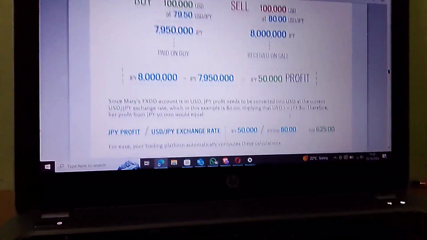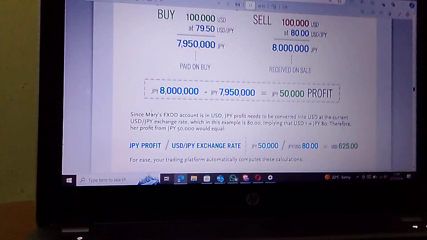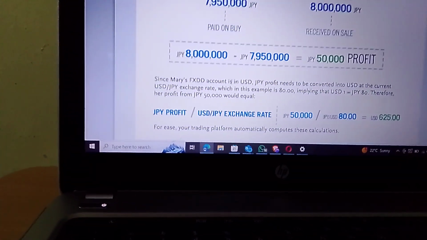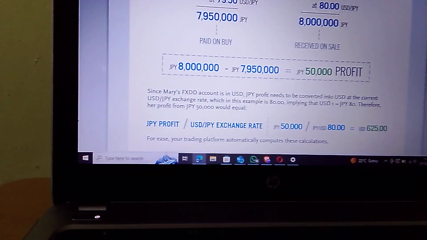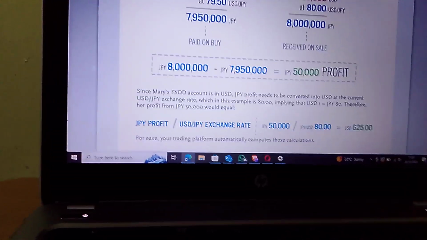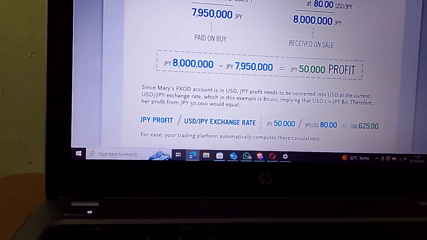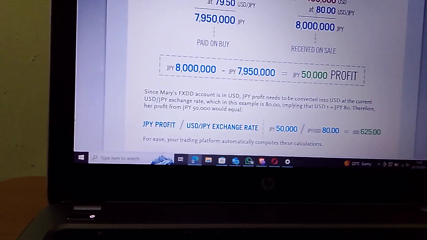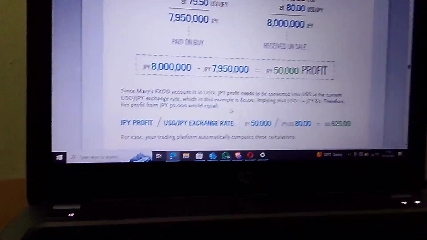That was her profit. But now this is in Japanese yen. So now, since Mary's FXDD account is in USD, the JPY profit needs to be converted into USD at the current USD/JPY exchange rate, which in this example is 80, because now she's selling it at 80. The profit is at 80, right? When she sold it, that's when we are calculating the profits. So she needs to exchange it back to